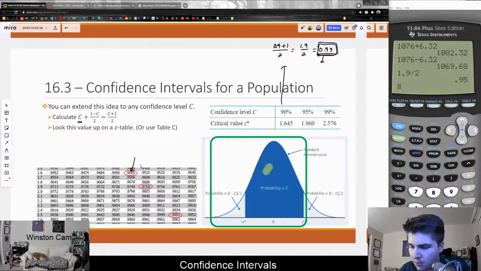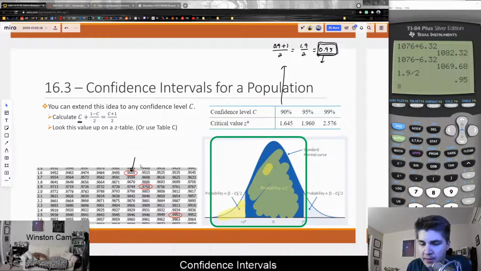Because this part is what we want to know. What's the Z-score corresponding to the probability that the entry is going to fall within here? And if we add (1 minus C) divided by 2 to that, algebraically speaking, that gives us this value. And that's what I'm saying: this is where you can go look up in your Z table, use your confidence interval, convert it to a Z-score, and then we can look up the critical value